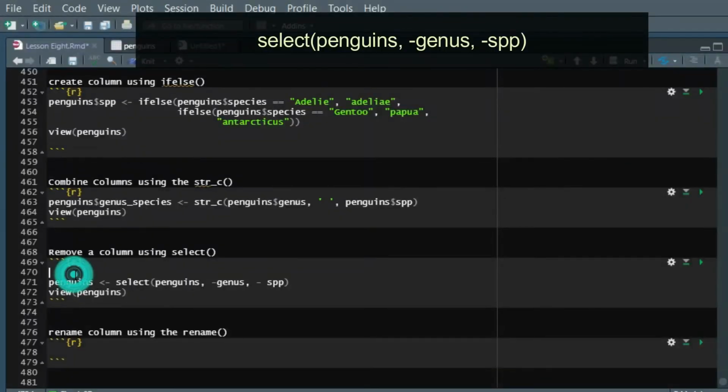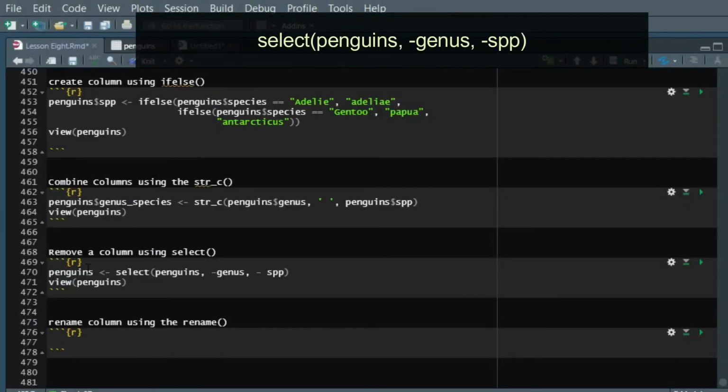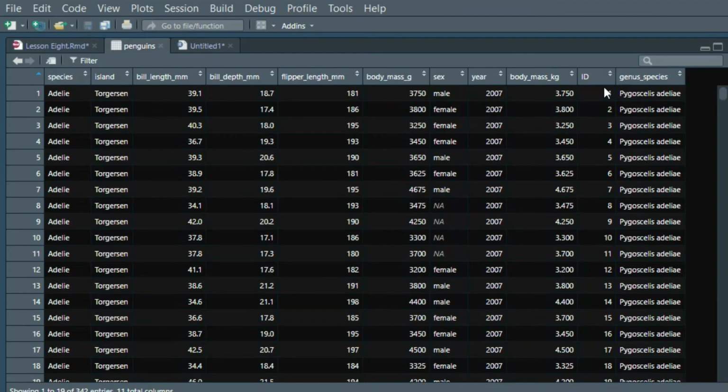Now let's remove columns using the select function. What this is doing is rewriting on the penguins data frame. We're using the select function. We're saying we're in the penguins data frame. And the minus sign basically means to not include it, or to remove it. So we're not including genus and we're not including species. So let's run this. And now we see that those two columns are gone